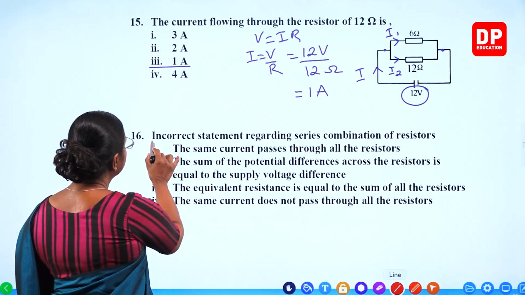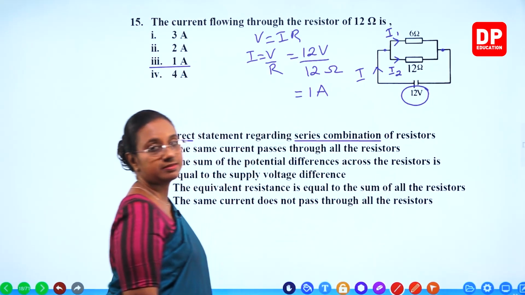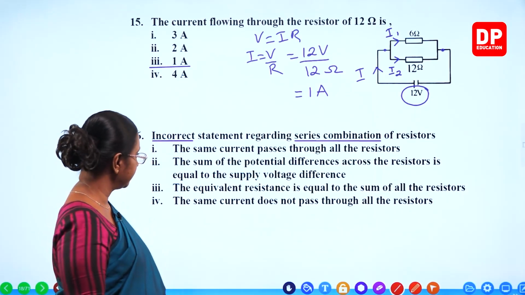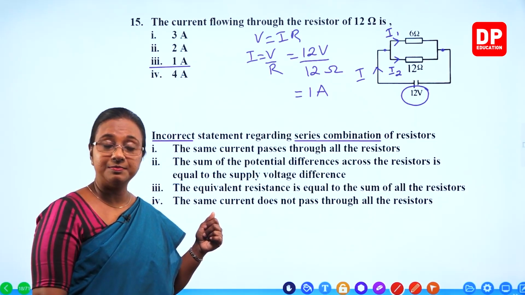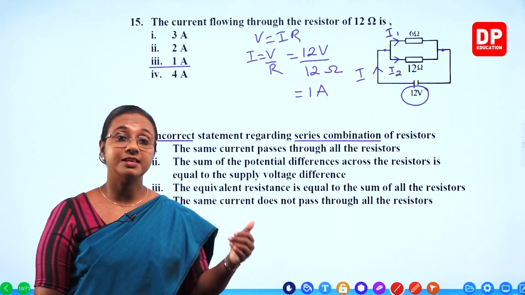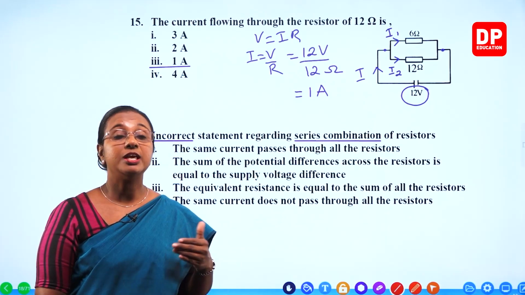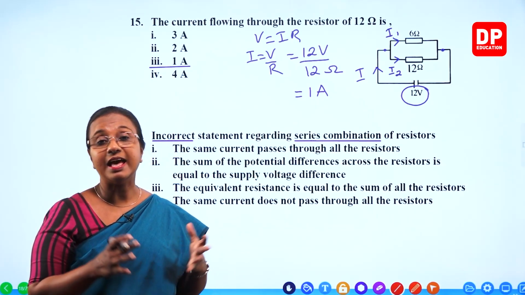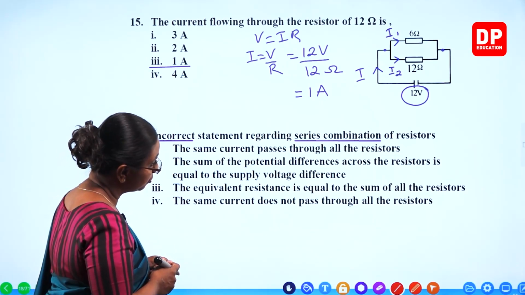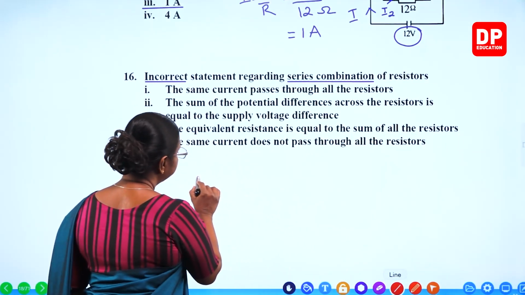16th question, incorrect statement regarding series combination of resistors. So when there is a series combination, what happens to the equivalent resistance? Equivalent resistance is equal to the sum of the individual resistors. So the equivalent resistance will be greater than the individual resistors. The same current passes through all the resistors. That is also correct. So if we use a diagram,